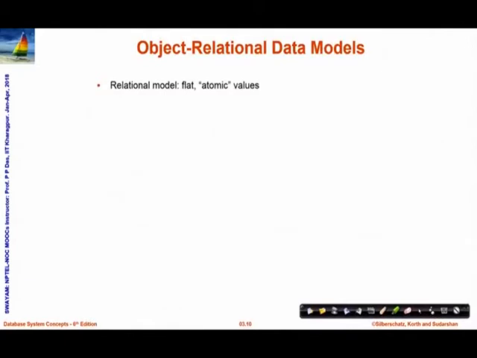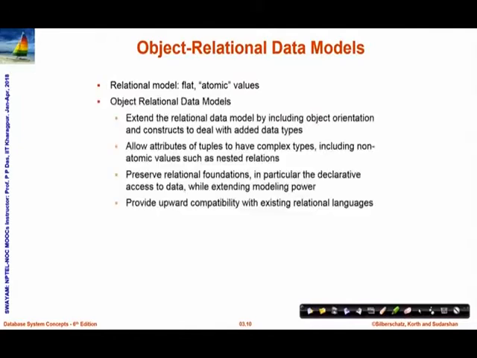In a relational model, everything is flat, every value is atomic. If you look back and think in terms of C, every field is a value which can be a simple, built-in type, like integer, fixed length string, variable length string, a floating point number. But I cannot have a composite, object kind of fields.